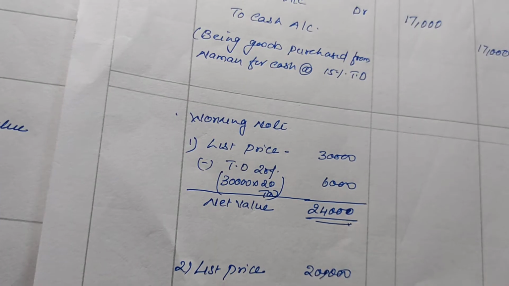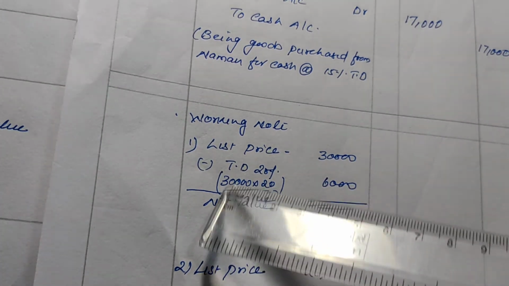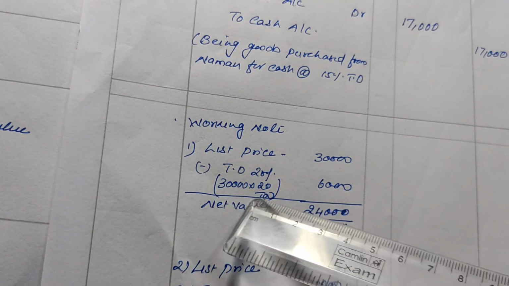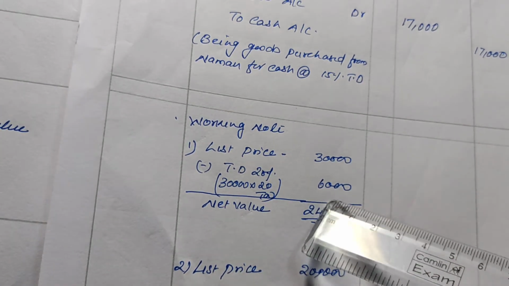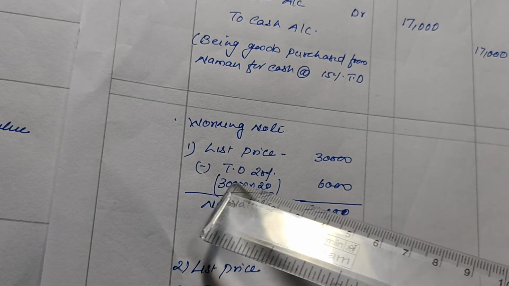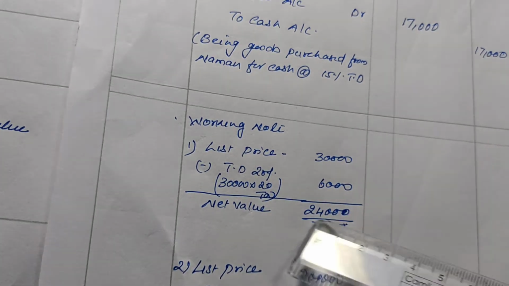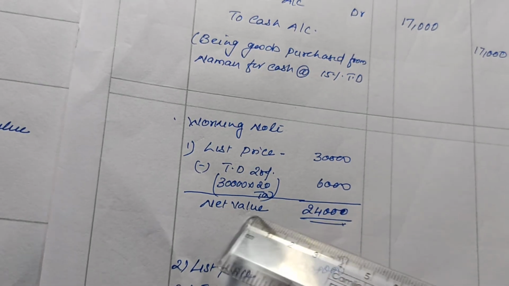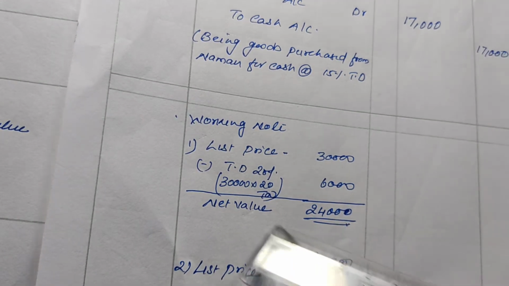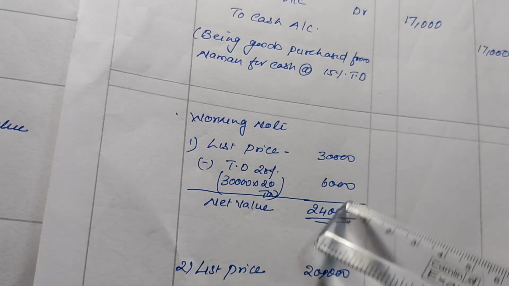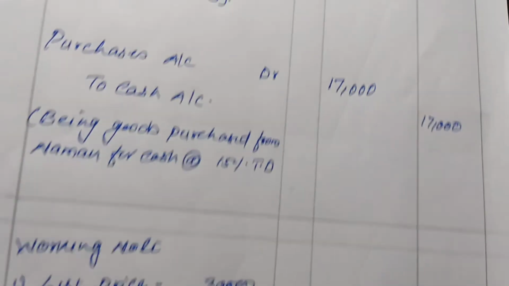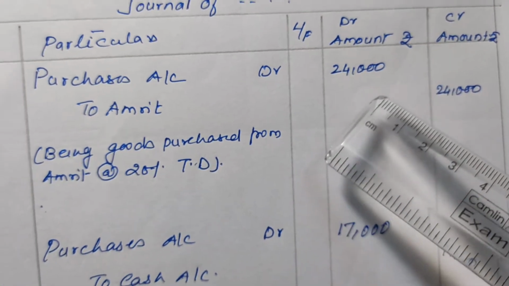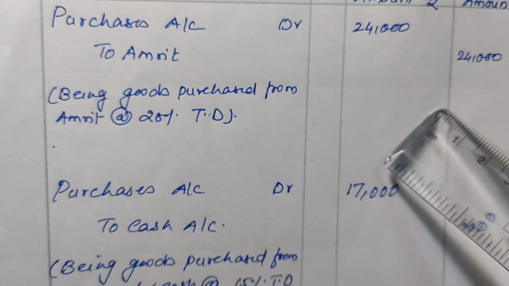Okay, so our list price is 30,000 less trade discount, 30,000 into 20 upon 100. Okay, 30,000 20% is 6,000. Here zeros are cancelled. 300 into 20 is 6,000. So we will deduct this 6,000 from 30,000 and our net value is 24,000. Okay, so this is our net purchase value and this amount will be recorded in both debit and credit side. So when trade discount is given, we will deduct the trade discount and the net value will be recorded